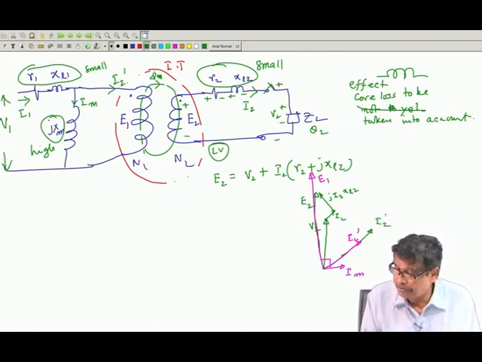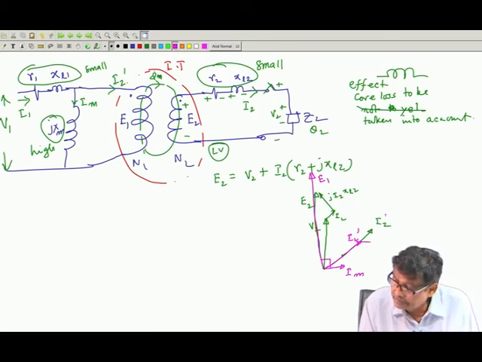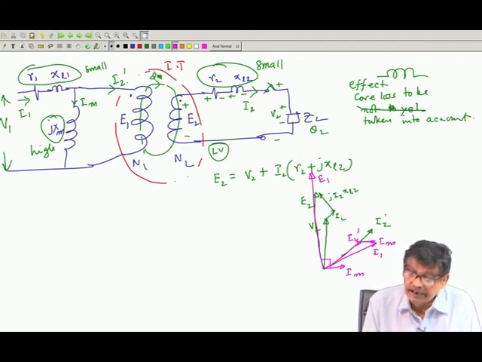So, from I2 you get I2 dashed, then I2 dashed plus Im, you add I2 dashed plus Im parallel to this Im, and if you do, you will get I1, and if you get I1,